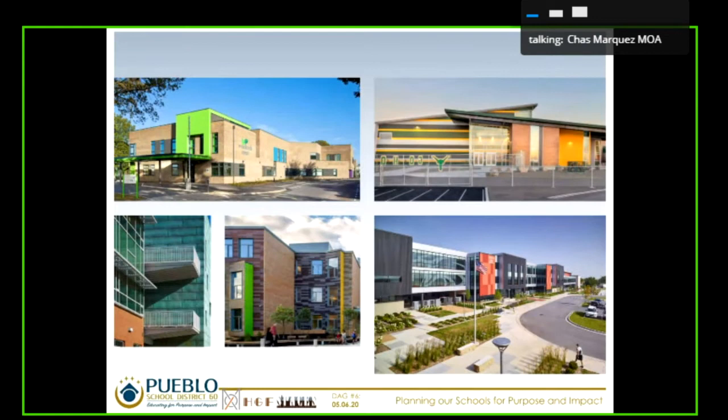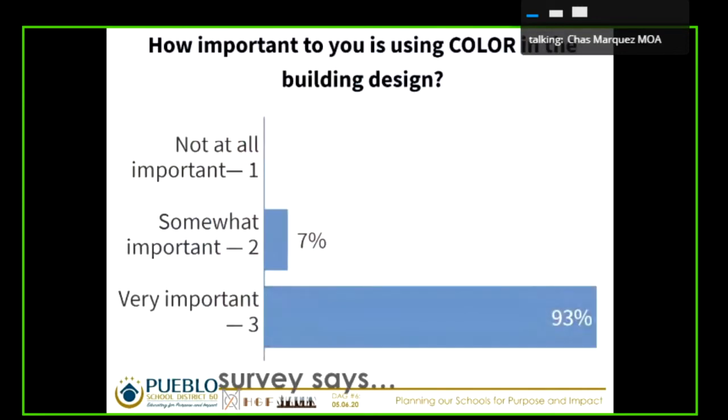This slide was in relation to color. You can see all of these examples are having a heavy use of different colors. The polling results on this one were very heavy in the use of color. I think it looks like we're at 93%.